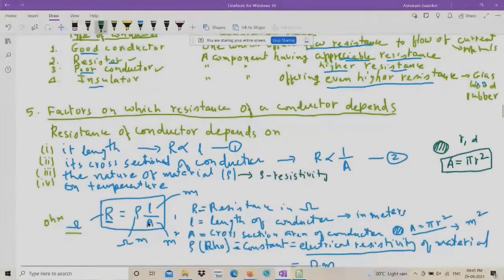And we have factors 1, 2, and 3. Okay, we have got the formula. The resistance value is equal to rho L upon A, and rho is resistivity, whose unit is ohm meter. So you have to use ohm meter for resistivity, ohm for resistance, length in meter, and area of cross section. All these things are mentioned over here. So use this formula, and this formula is very, very important. Based on this formula, you may get many problems, which I will solve now.